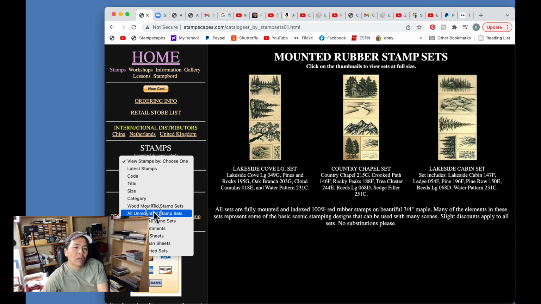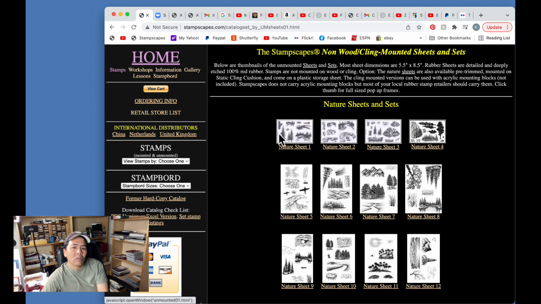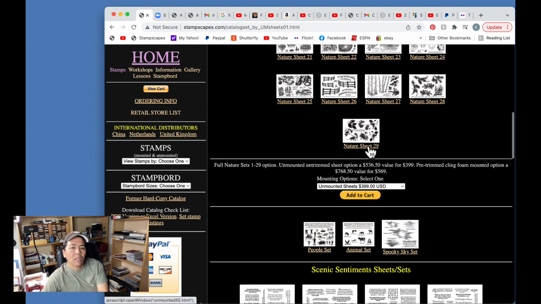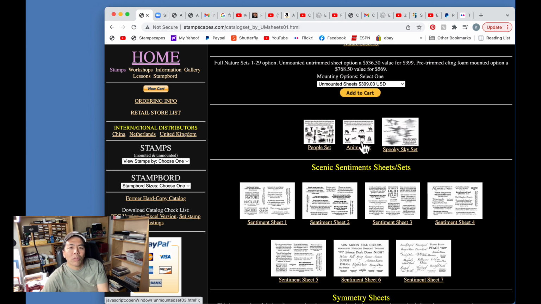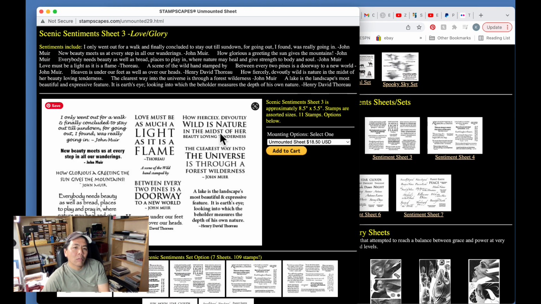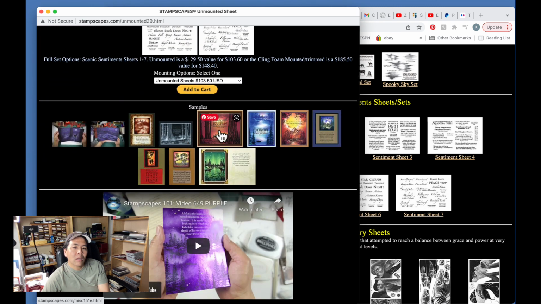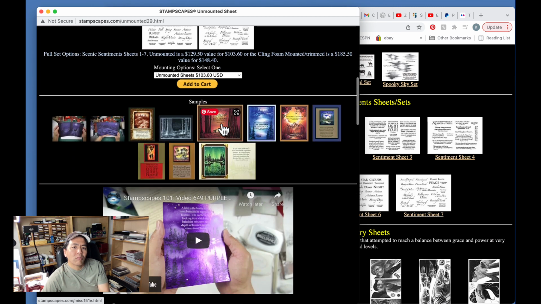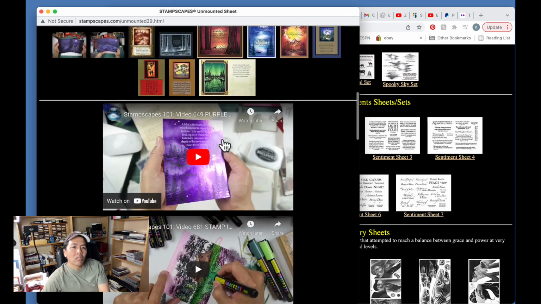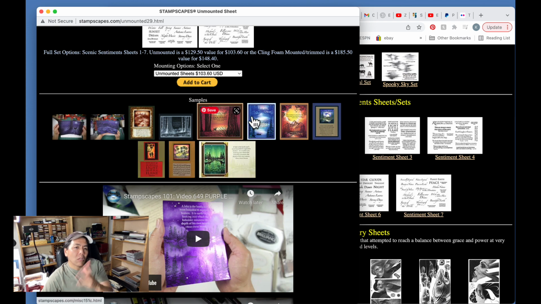Speaking of all unmounted stamp sets, let's check out those. We have the nature sheet sets going down to now 29 sets right here. We have the people, animal, spooky, sky sets. We have the scenic sentiment sheets. These are all thumbnail versions again. You want to see the stamp module? Click on the stamp module. That pops up right here. See some different samples where those different quotes have been used from that set in video form or in still form, single